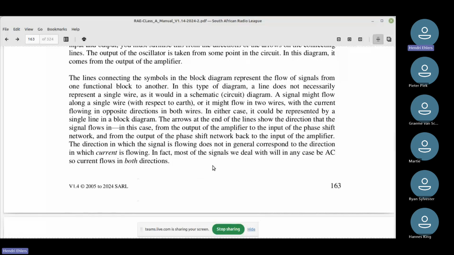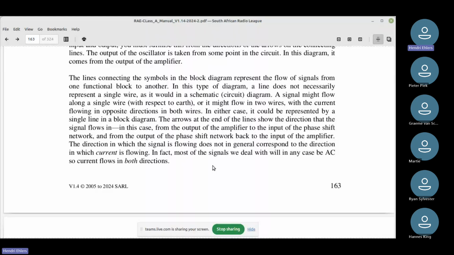Okay, that I've said about the arrows. So it's basically I'm just checking that I've told you about the information goes through the phase shift network, which we'll discuss just now, and going back into the amplifier. And this is a loop, but this is a desired loop. We want that loop because we want to generate the oscillation.